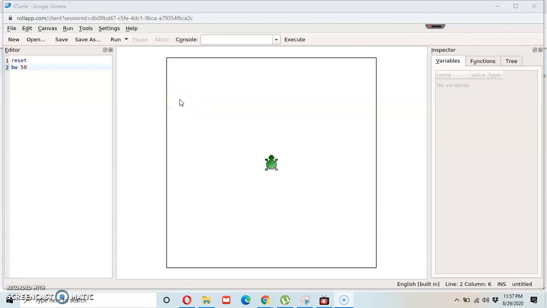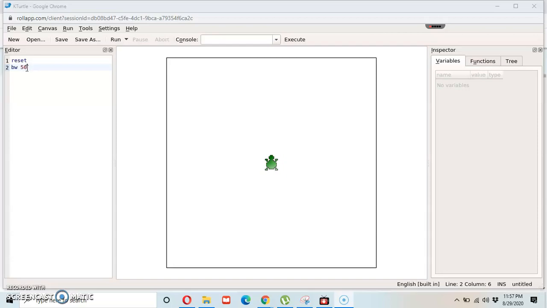Backward command. The backward or BW command is used to move the turtle in the backward direction. While the turtle moves backward by the given number of steps, its head remains pointed forward. To draw a line in the backward direction, step 1 is type BW. Step 2 is press the space bar. I have given a space here. Step 3 is type the number of steps.